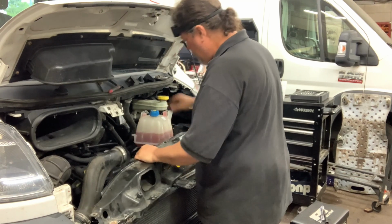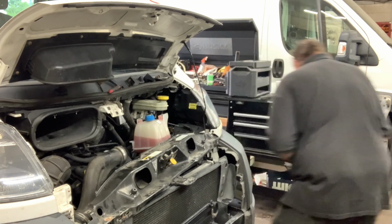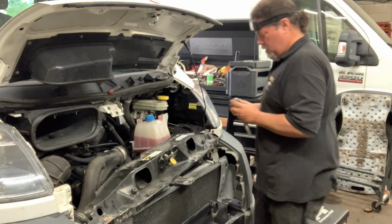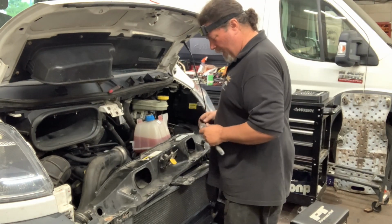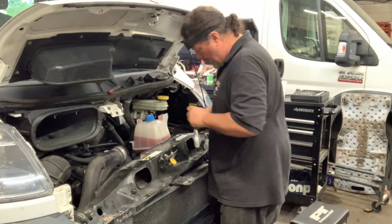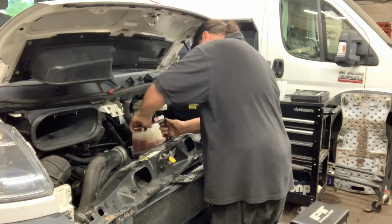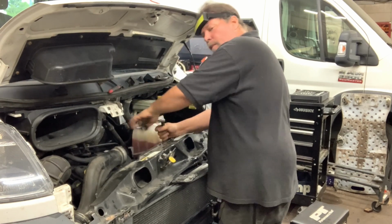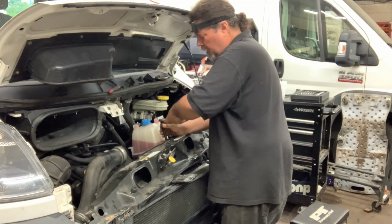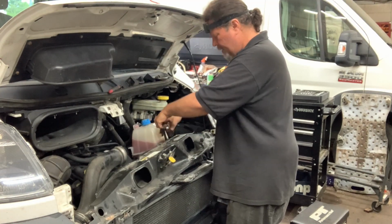As you can see, the bottle is still affixed. I'll show you how this works on the backside at some point, but I'm going to take the bottle. I don't have to take it out. I believe I should be able to just take it off and move it out of my way without breaking the seal on it. It won't come all the way out because its output hose on the bottom is trapped by the bracket that this thing is on. You can remove the entire bracket. It's 4 bolts that hold the bottle to the